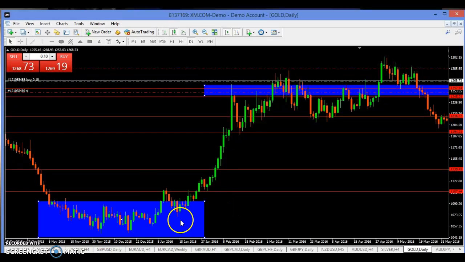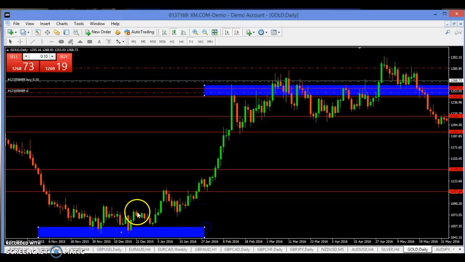Why? Because in this market, the bulls and the bears are in conflict. The buyers and the sellers are in conflict, and the power between demand and supply is equal. So most of the trades that you take here, you're going to lose, because there's no liquidity. You only make money in forex when there's liquidity. So at this level, I'll just stay out of the market and only wait.